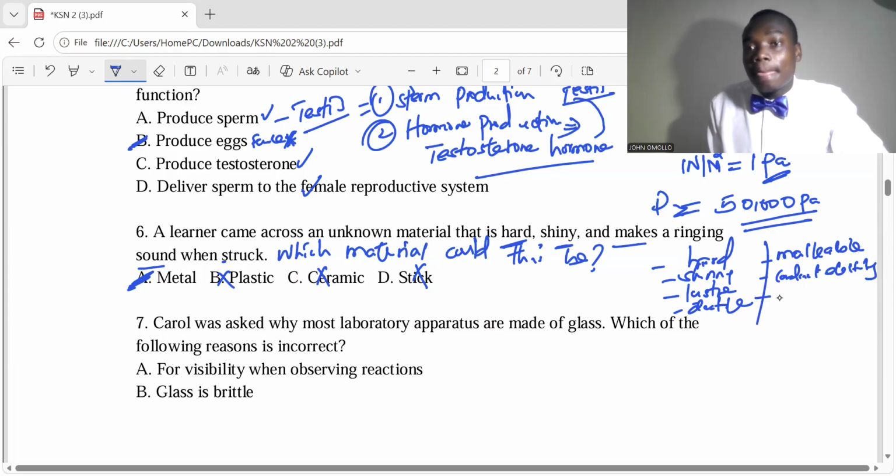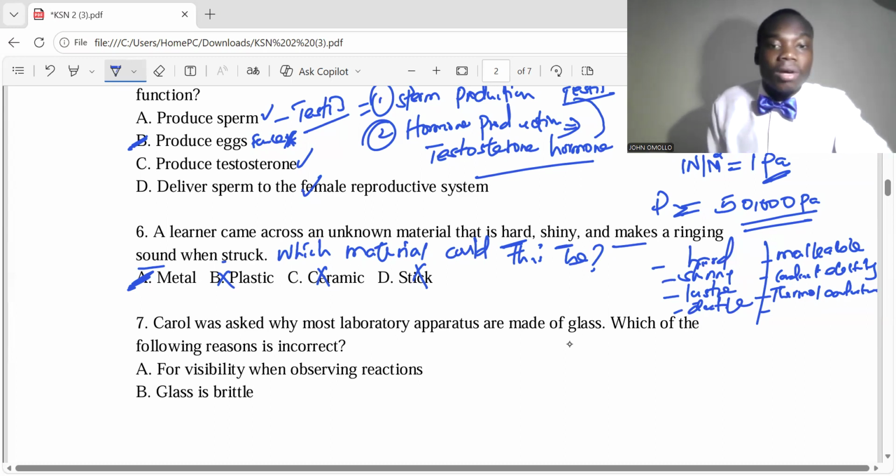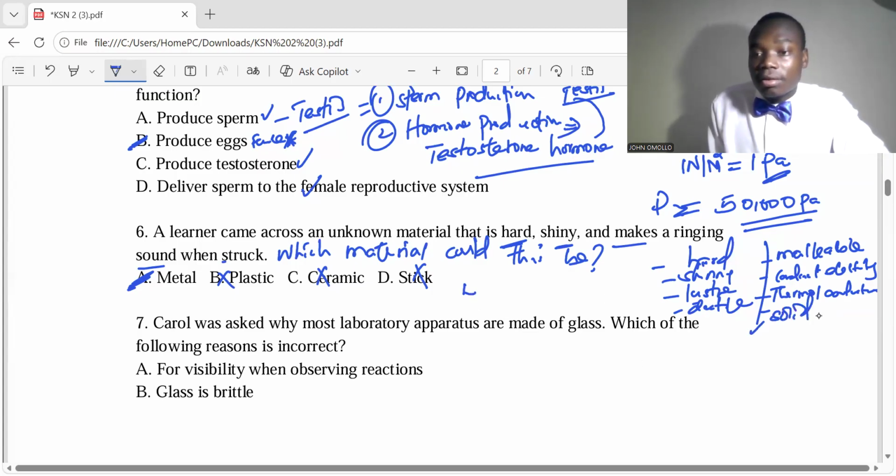Metals have thermal conductivity, so they are thermal conductors. They conduct electricity, they are malleable, they are ductile, they have luster, they are shiny, and they are hard. Those are some of the properties of metals. In case you have any challenge with metal properties, these are some of the properties, except that they are again solid. They're solid except